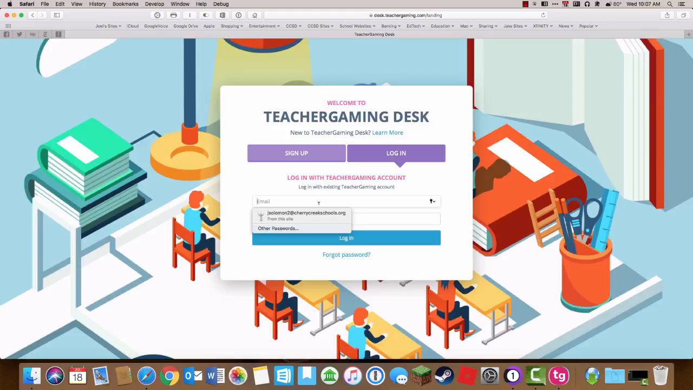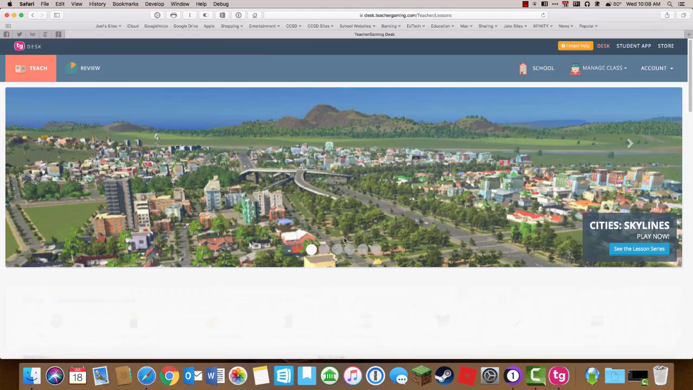This week's episode, number 9, will feature Contraption Maker, which is like a Rube Goldberg machine that students can create and solve puzzles. So I'm going to log in to